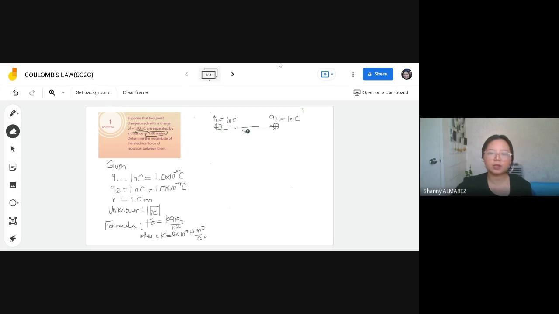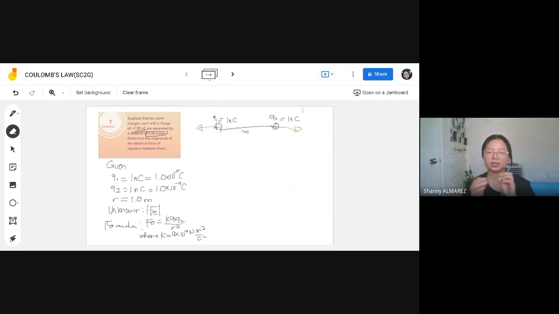Now, before you even start solving, you can already predict the interaction of these two. So ano nga ulit yung type of force na nag-exist sa dalawang charges na ito? You have what type of force? Okay, electric force specifically, repulsive siya kasi pareho silang positive. So you can already identify the direction. The influence of the second charge on the first charge is it will move to the left, kasi matutulak siya ni second charge. And on the other hand, the influence of the first charge on the second charge is it will move to the right.